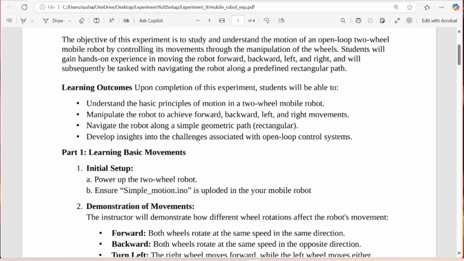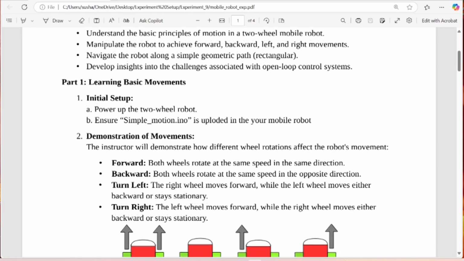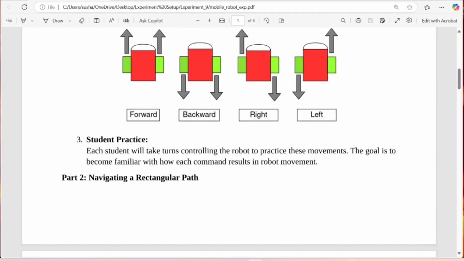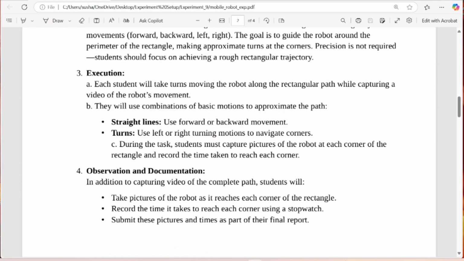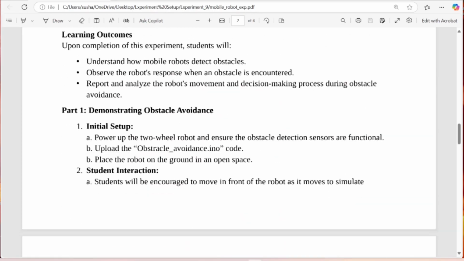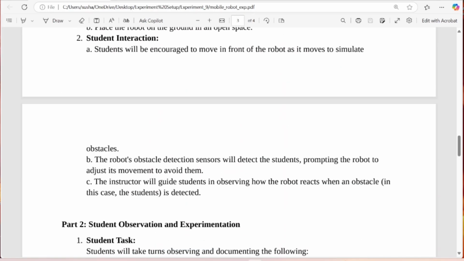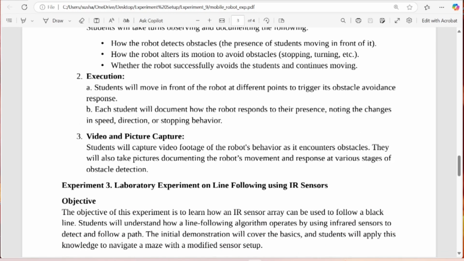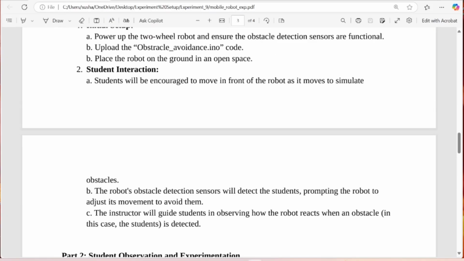Now, the experiments that we are going to do here: first we'll see the structure of the robot, how the robot is made, how it is constructed or put together. This robot also has different kinds of sensors. For example, it has an ultrasonic sensor in front and infrared sensors at the bottom. We'll see the robot move and avoid obstacles because of the ultrasonic sensor in front. If it sees an obstacle in front, it will change its direction.